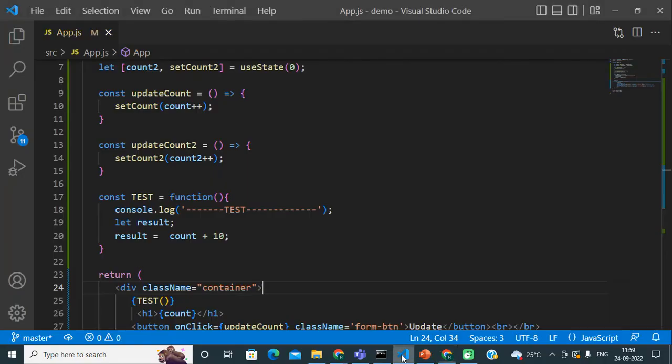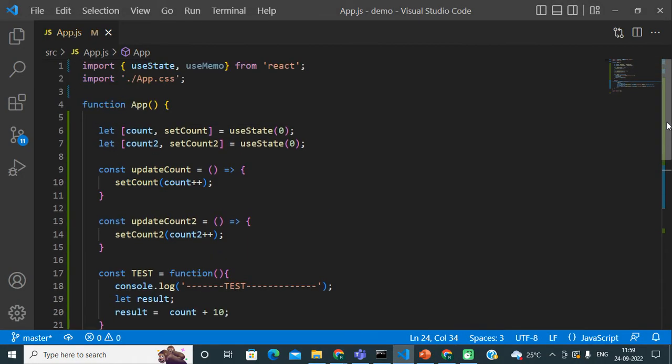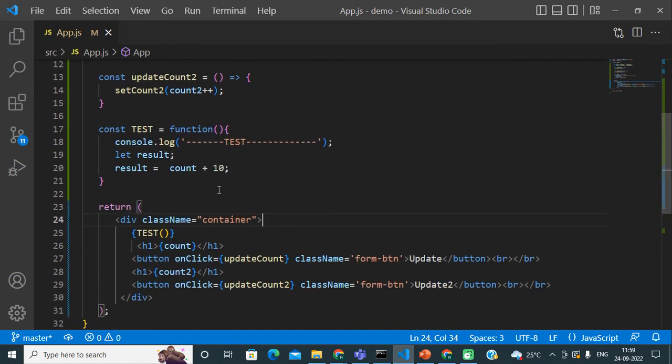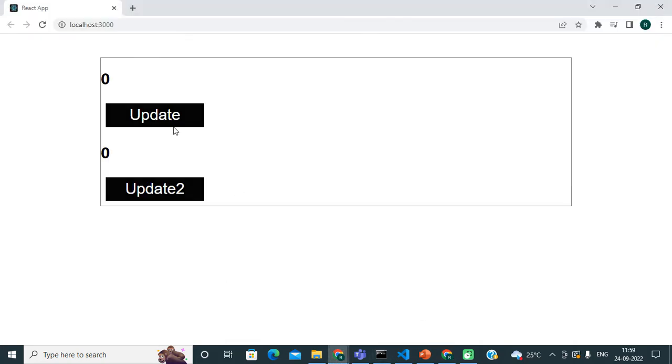Why? Because initially the count state is initialized to 0, that is why it is adding 10 into that value and storing the result. That's why this function is getting executed, which is totally fine. But now let me take another scenario, and this time let me update this value.